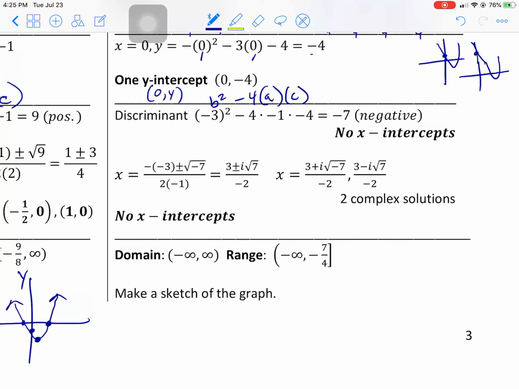And I forgot to talk about the range on the last one. Domain's always that. But think about this. What is this going to look like? Let me try. So this is here. And the only solid number I have is the Y-intercept was 0, -4. Let me put that in. 0, -4. And the other ones were decimals, so